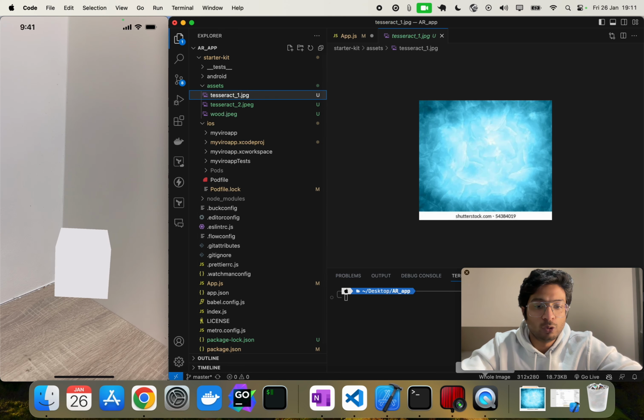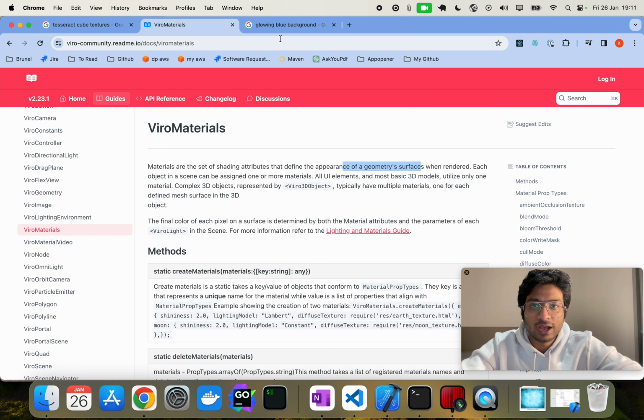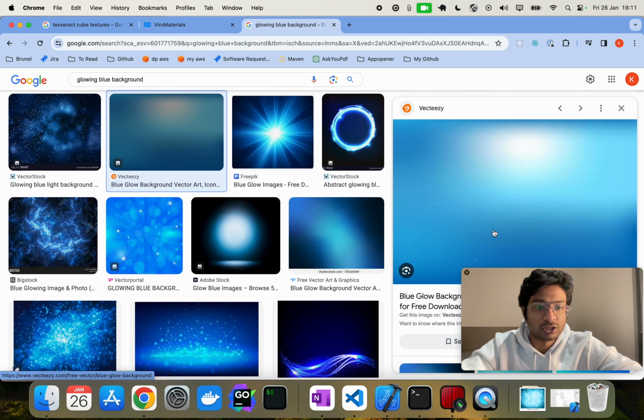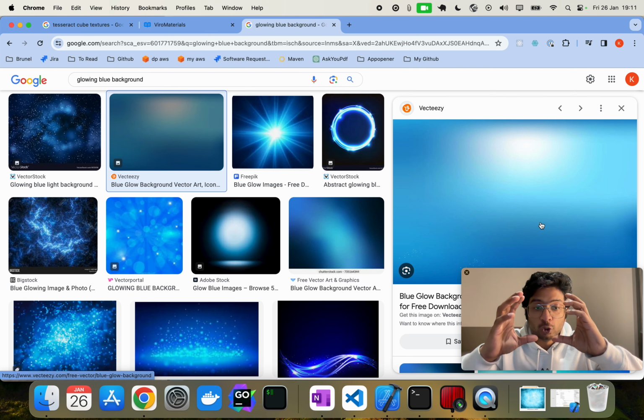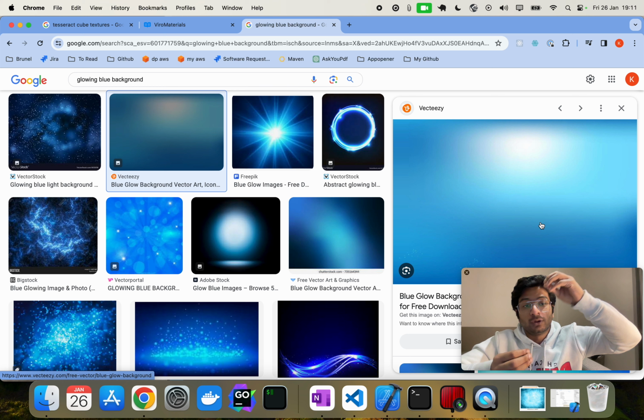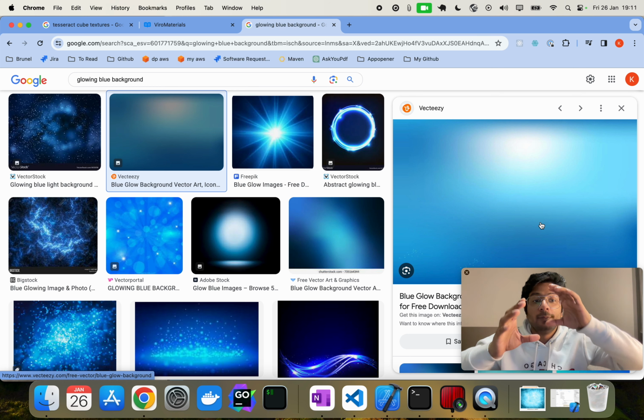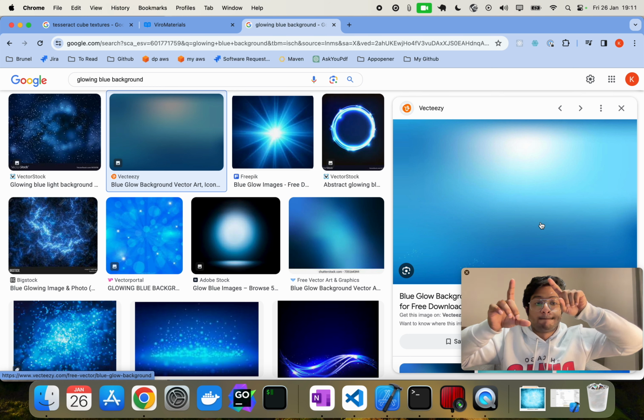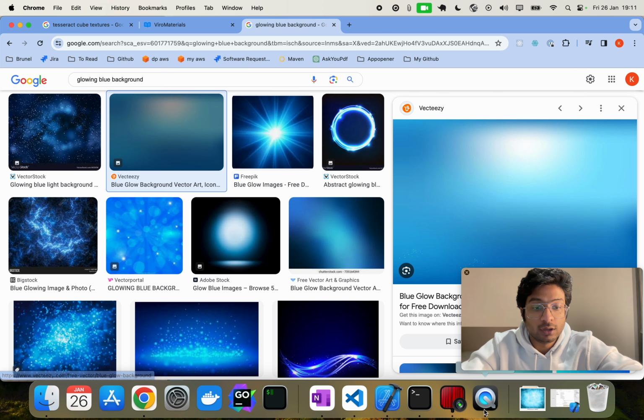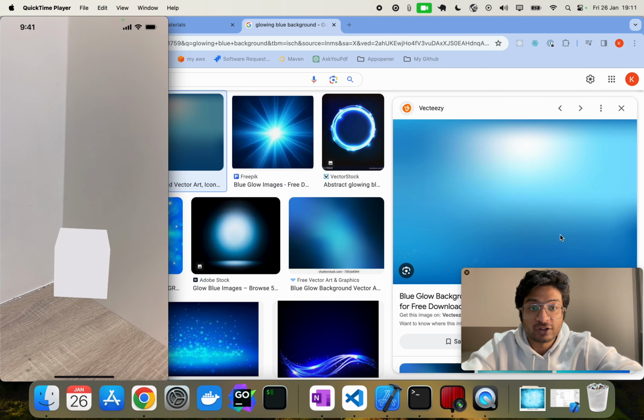This is just a Google search away, my friends. As you can see, glowing blue backgrounds. You can search for glowing blue backgrounds. I need a proper background, not the photo of an actual cube, because we cannot put that over the cube. It will look a little bit odd because each photo is rendered on every face of the cube. Basically on every face of the cube this will be rendered. So we'll just see how